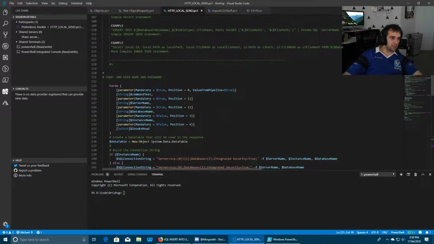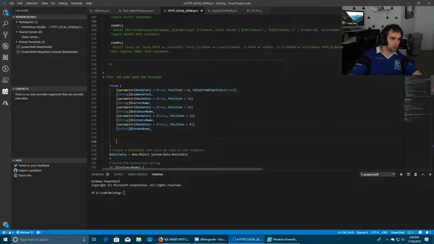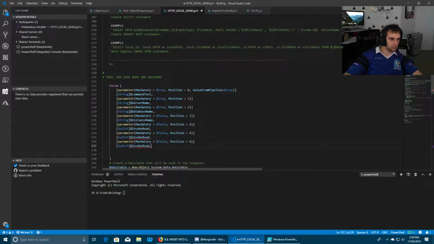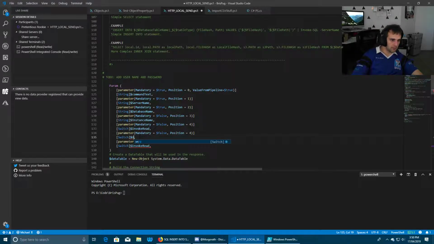We need to add some bits and pieces here. So I've got to add a username and password. I'll quickly do that now. I also think I need to specify SSH. You want those to be strings? Yeah, they need to be strings.